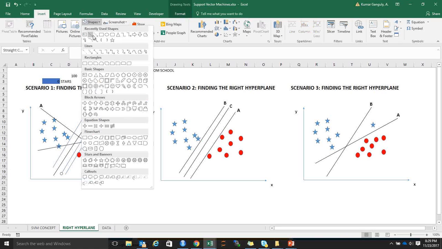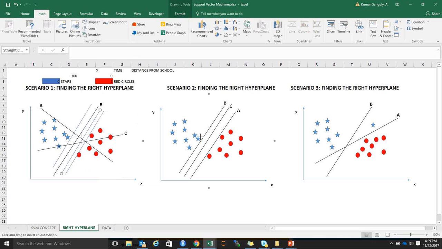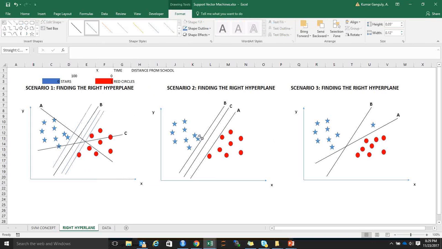Somewhere around this, and from this line, the distance between this is somewhere around this. So this is kind of low here, but this is quite long here. So in the similar case, for the line A, it's very near here,